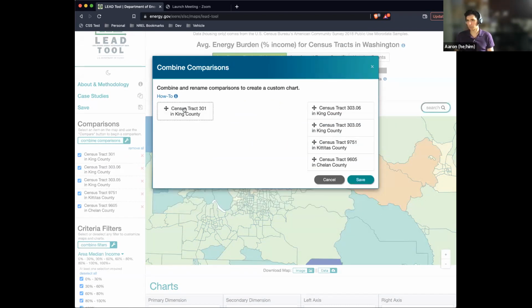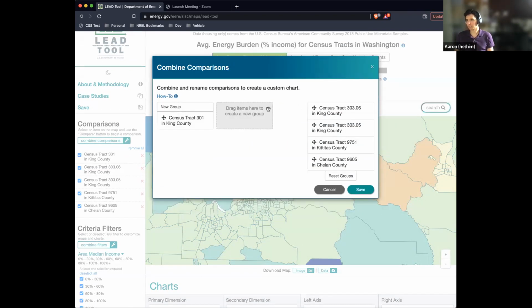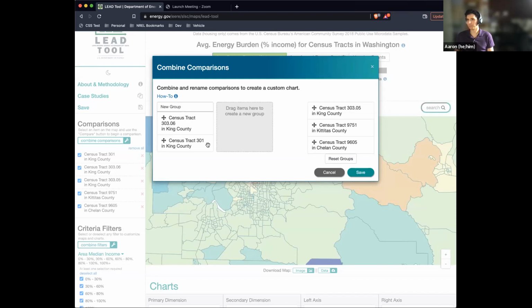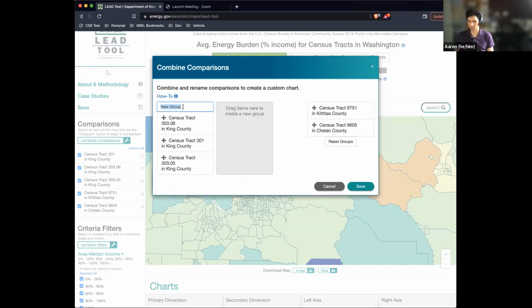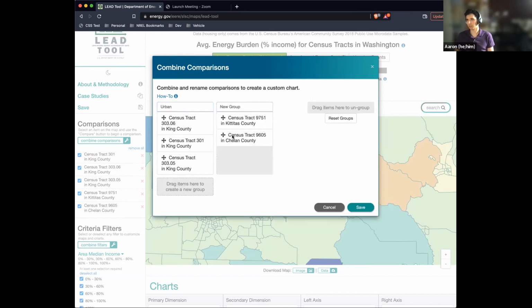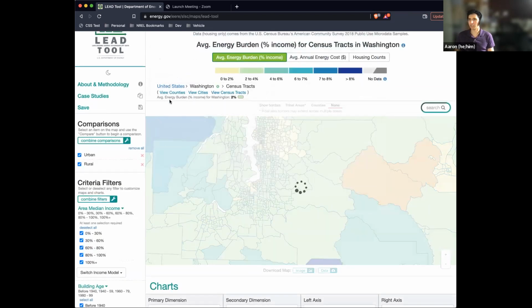So in this case, I'm just going to group my King County tracts together. And I'll just maybe call this urban. And then forgive me, I don't know how rural some of these areas are, but just for example, I'll call these rural versus urban. And if I save those and let this load for a second,